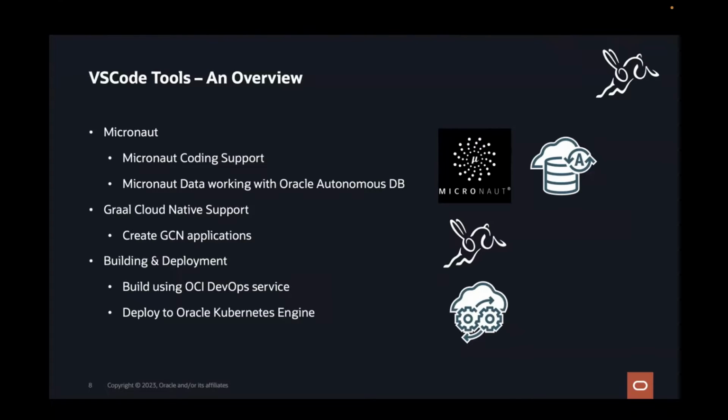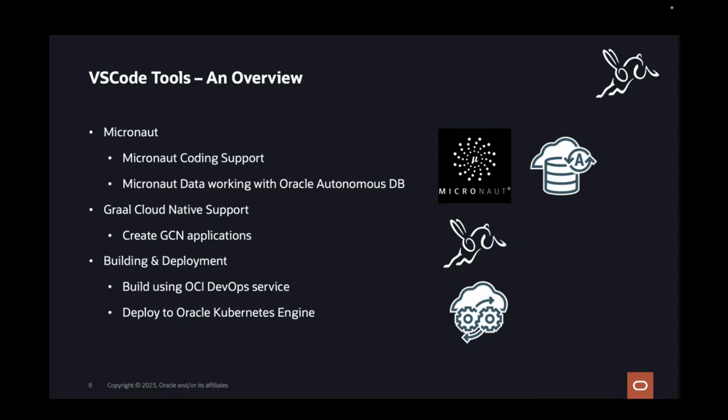We have more things on the roadmap, but right now, these are the main areas that we feel that we deliver value. We provide support for Micronaut in that we have a number of features that enable you to work well with Micronaut. We have support for a REST Explorer. So, when you build your REST APIs in Micronaut, you're able to view them in a special pane and make calls against those REST endpoints. We provide completion for configuration files. We'll see a bit of that. And we provide a number of other key features that make working with Micronaut applications that much easier.